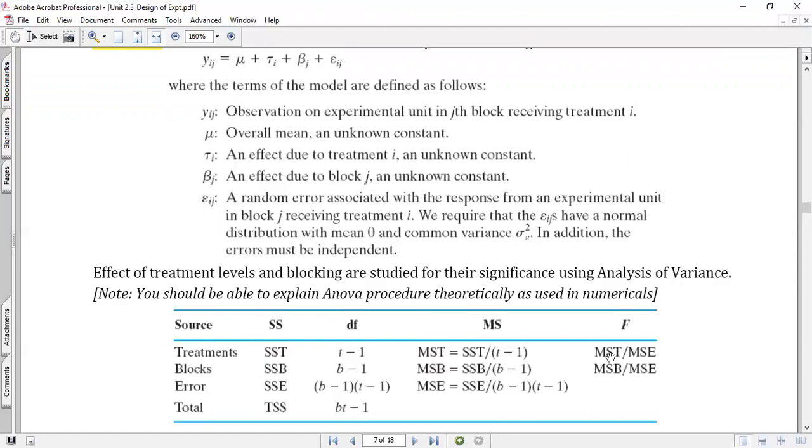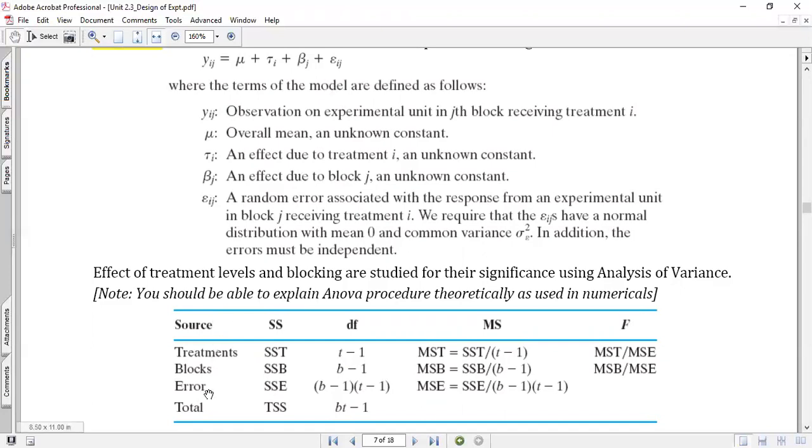Now here we do the F test two times: one for the treatment versus error, treatment versus natural variation. The second one is another factor, block, which is nothing but our nuisance factor. Here we have written only one because we have only one factor. If you have two factors, one more will come, block 1, block 2. If you have three nuisance factors, block 1, block 2, block 3, so it will increase. Since you have only one nuisance factor, one block will be there.